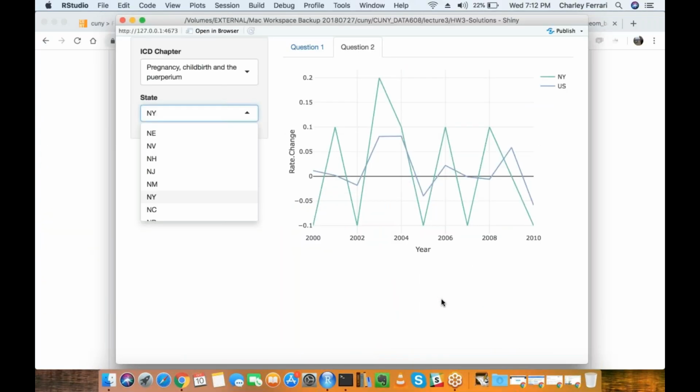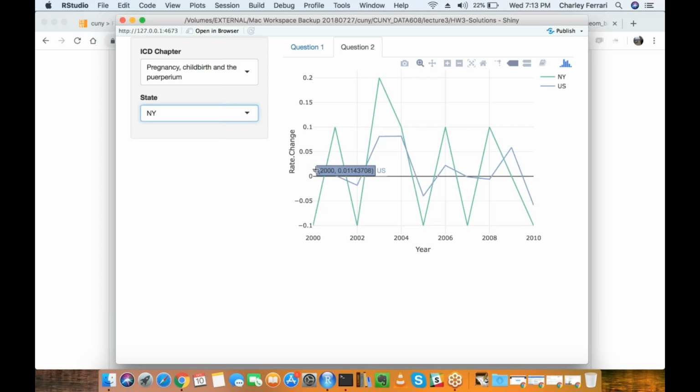A common theme is that just because you have access to drop downs doesn't mean you don't want to show things on a single graph. Sometimes you want users to be able to make their comparisons at one time. So that's one thing to think of.